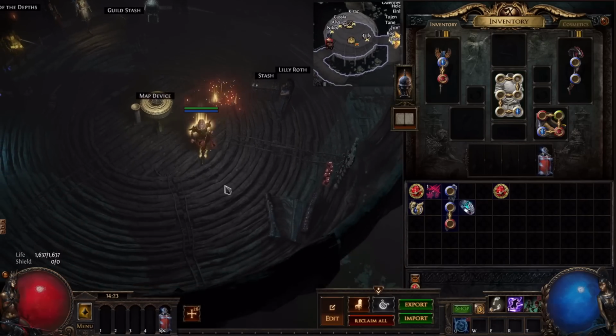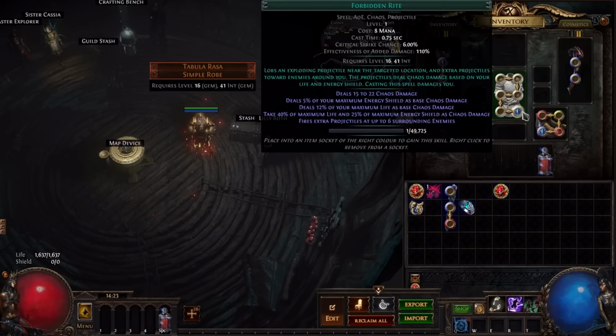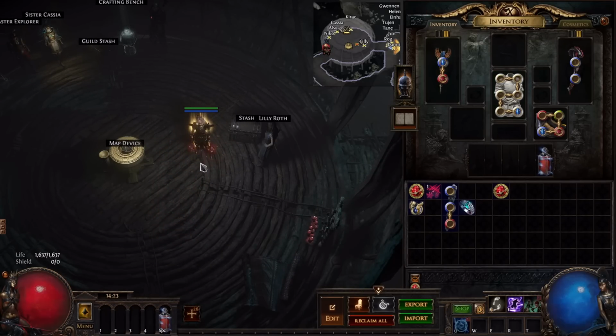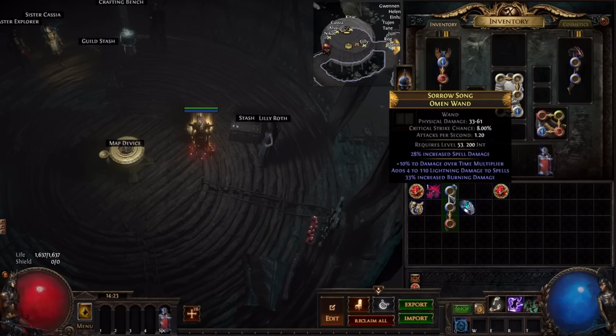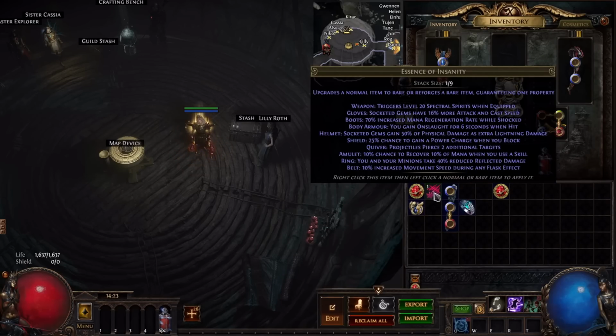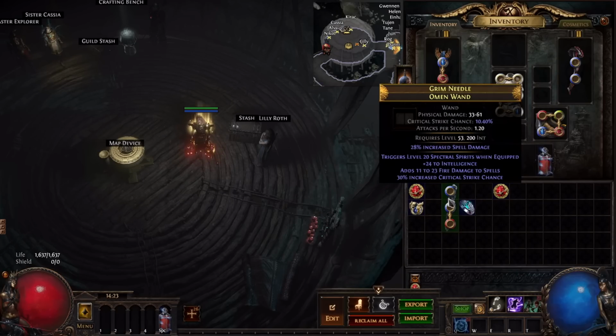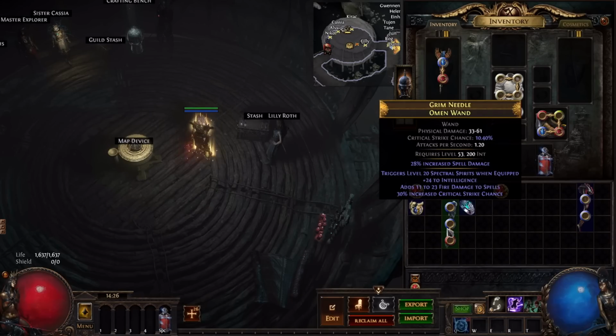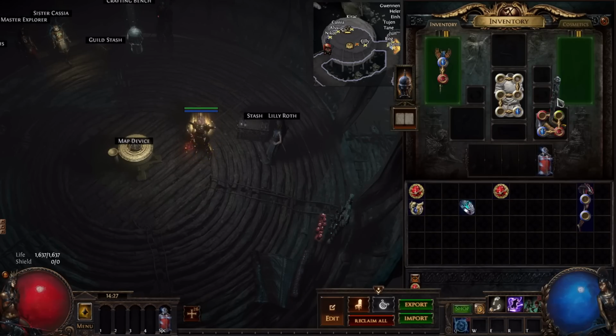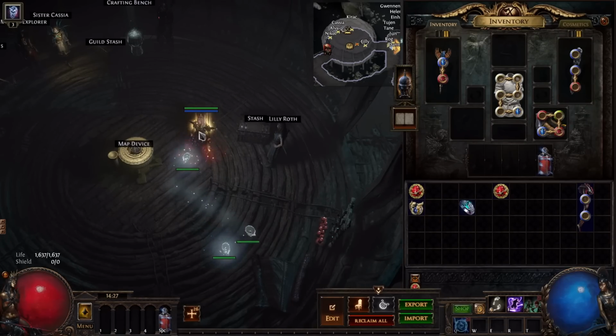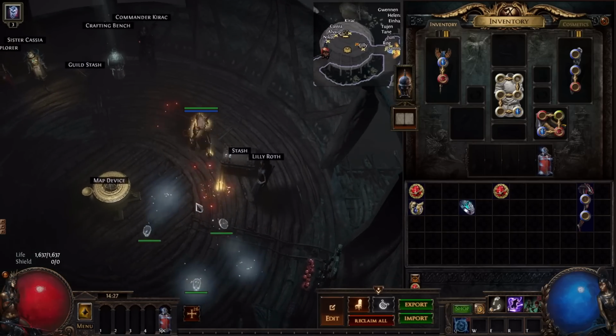Because this Forbidden Rite takes our gem slot, you don't have to go in a map and cast Forbidden Rite so you take damage. What we can do here is we have this Essence of Insanity, and when we use it on a Vaal item, it summons Spectral Spirits. Trigger level 20 Spectral Spirits when equipped, and when we equip it, it summons 3 spirits which last forever.